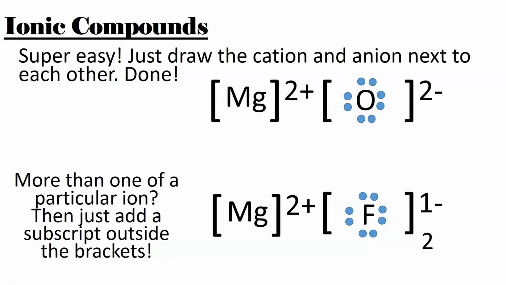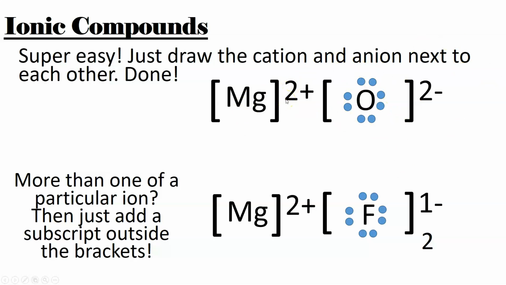If we want to draw an ionic compound, it's kind of nice. We just put the 2 things next to each other and we're all finished. So you can see here, I drew my cation for magnesium. I put the charge. I draw my anion for the oxide over here with the charge, and I just draw them next to each other. It's different than a formula because in a formula we wouldn't write the charges anymore, right? But what we're trying to show here is the structure of what's happening,